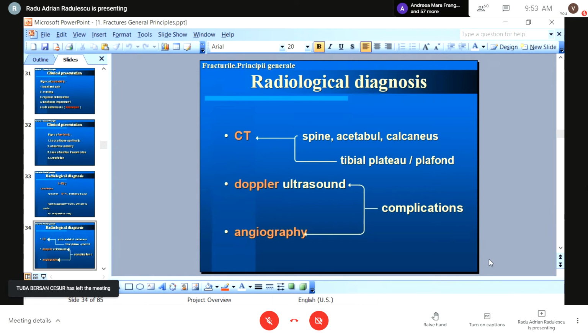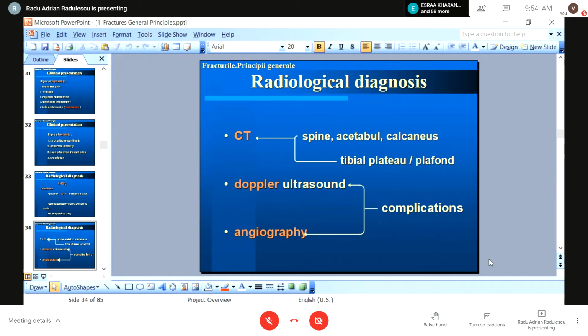In addition to the X-ray examinations, we may need a CT scan, especially in spine, acetabulum, calcaneus, tibial plateau, and vertebral column. So in our days, for example, a vertebral column fracture will not be precisely diagnosed without a CT scan or sometimes MRI. So all these additional